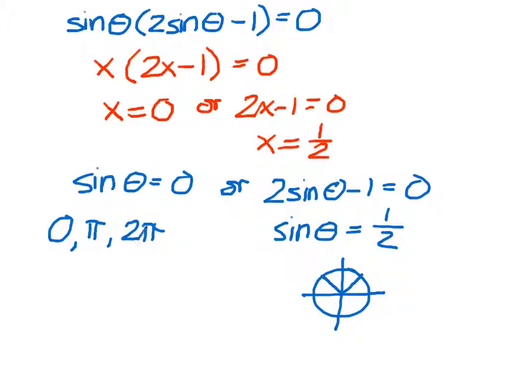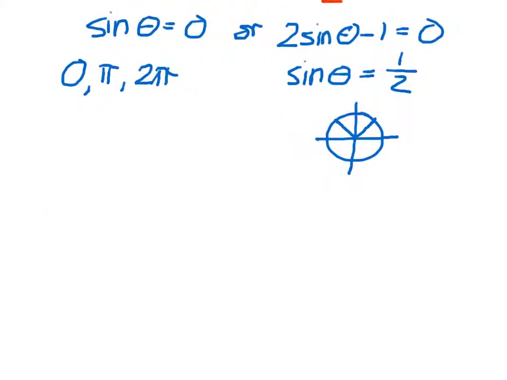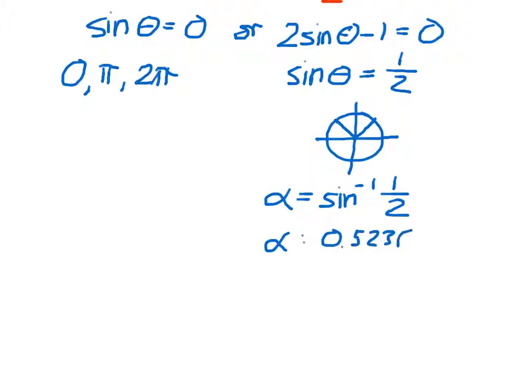So my working angle alpha is actually going to be one of my answers. Take the inverse sine to find alpha. Inverse sine of 1/2. Okay, and that's going to get us an angle of 0.5236,